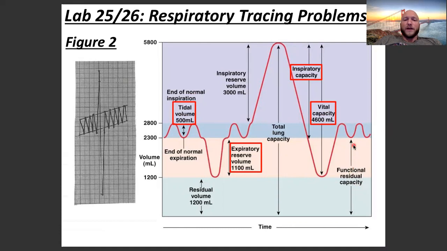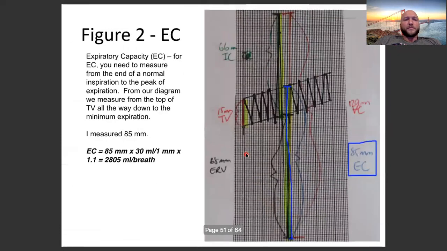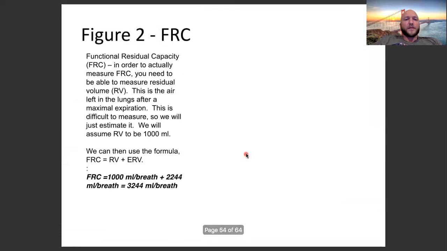So we need to figure out our expiratory reserve volume and then add that to our residual volume. So we've got 1,000 plus 2,244, which we calculated in a previous example, which gives us a functional residual capacity of